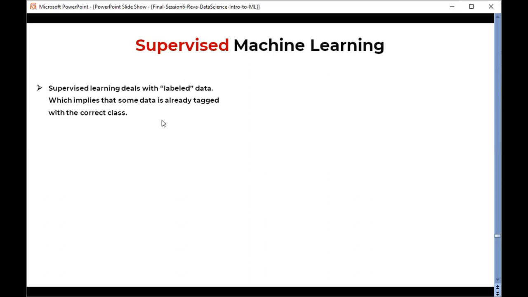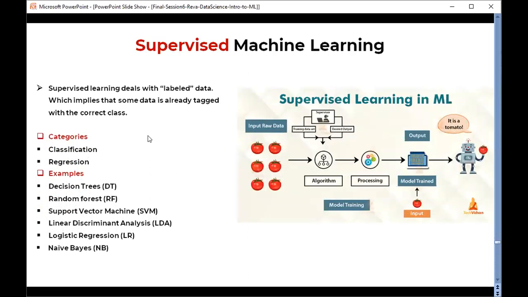As I have already told you, supervised machine learning deals with labeled data. That implies that our data is already tagged with the correct class. Machine learning methods can then be categorized as classification methods, where you are just classifying whether it belongs to class 1 or class 2, so you are just dividing into categories.